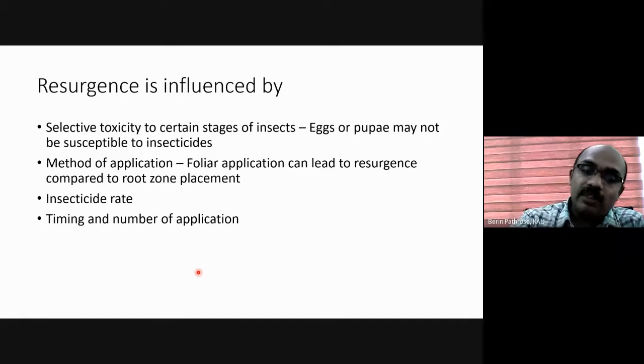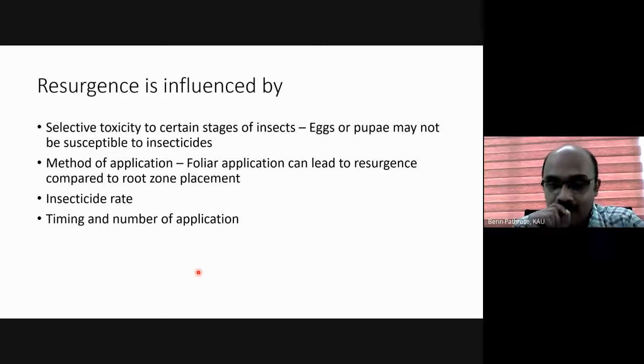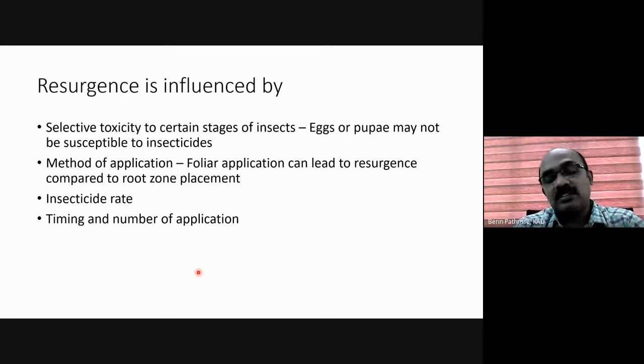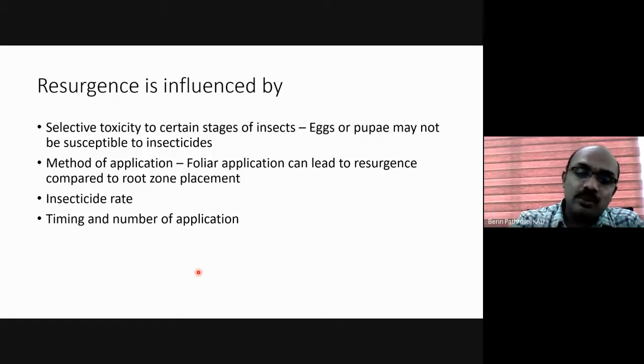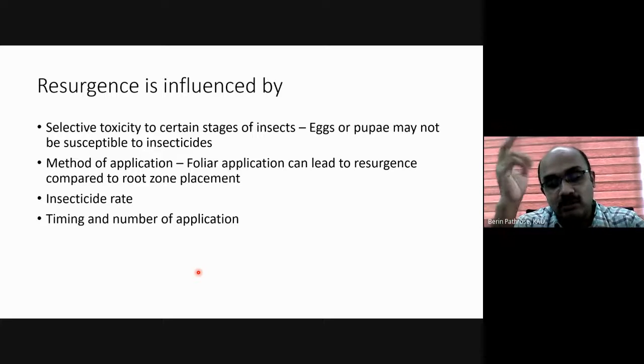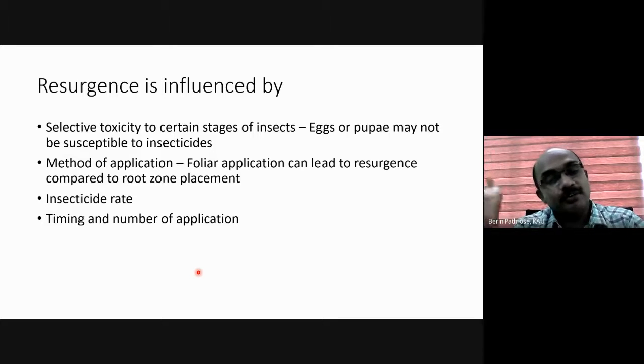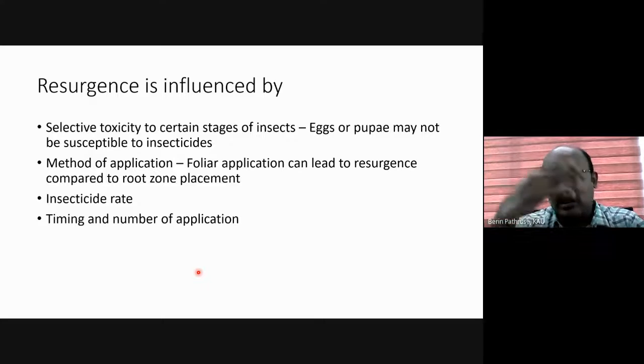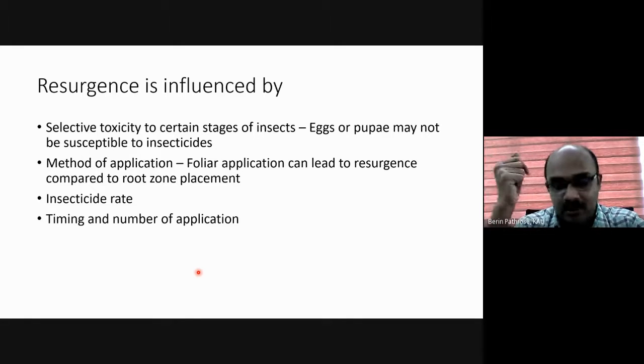And in what way we apply the pesticide? Compared to granular pesticide application, foliar application of pesticides can lead to more resurgence. I will take the example of granular pesticide application in rice. In rice, farmers usually go for a spray of synthetic pyrethroid within 2 or 3 weeks of planting. With that spray of synthetic pyrethroid, all the insect pests as well as natural enemies will get killed. Within the next week, insect population starts building up, but natural enemy population won't be building up.